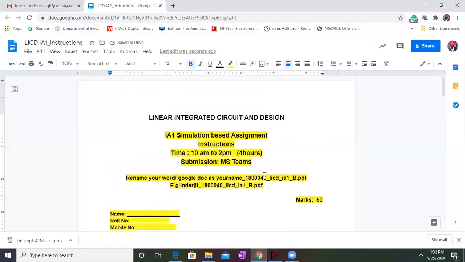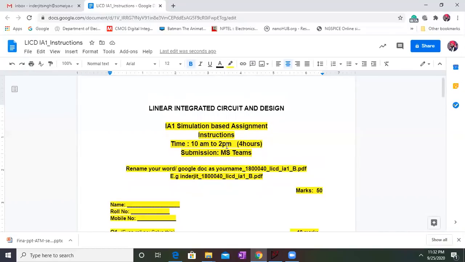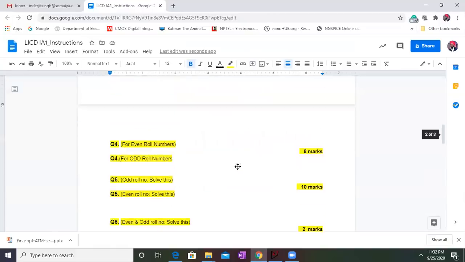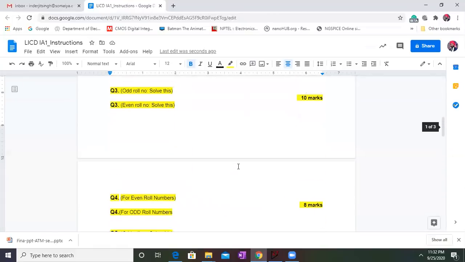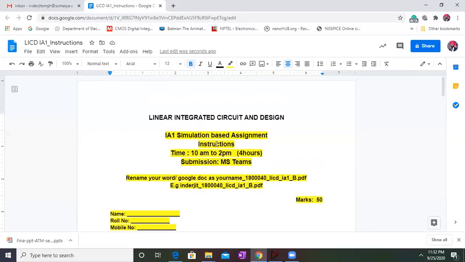And remember one thing, it's an assignment, it's an IA1, right? So if you couldn't complete on time, leave that numerical. We will not be giving you any extra time. So let's say if you have 5 minutes and you have one numerical left, please prioritize and upload your work, because at sharp 2 p.m. MS Teams will automatically close the submission. No one can do anything about it. So please make sure that even if you are able to complete 5 out of 6 or 4.5 out of 6, whatever you could complete within those 4 hours, I think 4 hours are more than sufficient to complete your assignment. Okay, so I guess I have completed all the points.